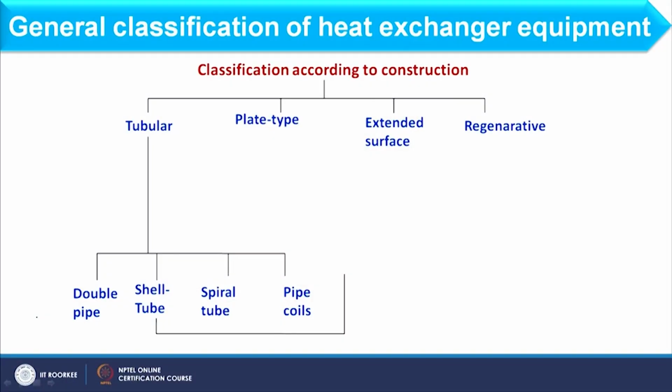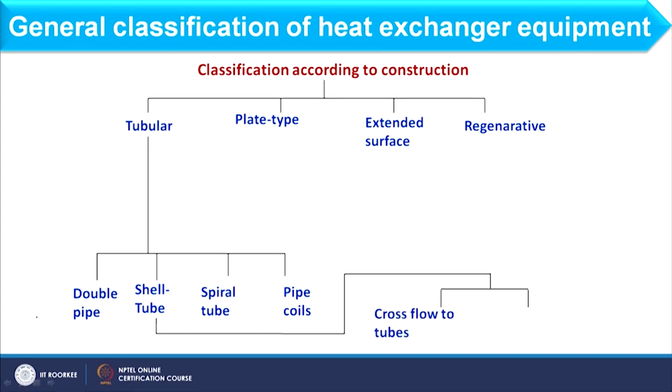So, what will happen, inside the container we have the reactants, and over it, at the periphery, we have a half pipe, which is attached in a helical manner over the container. So, this half pipe contains the heating media or the cooling media as per the requirement. So, it is basically the pipe coils heat exchanger. Further, let us elaborate